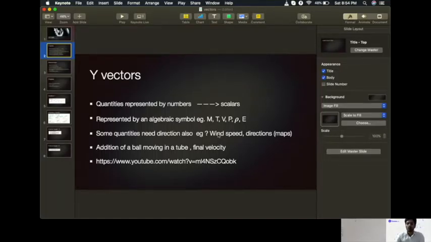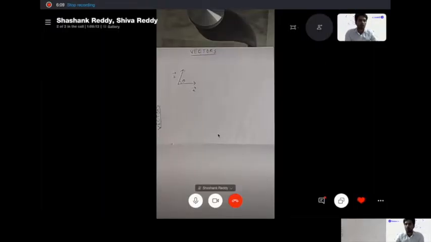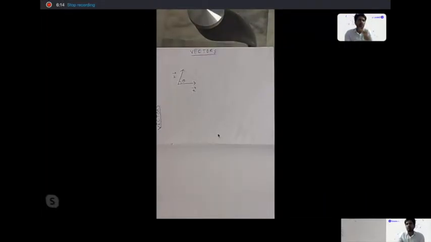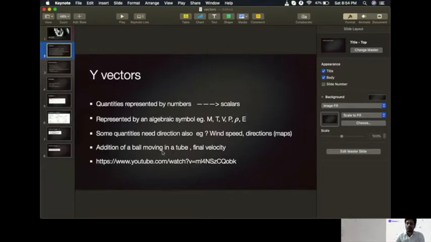Now, we also know, if I have to go in a particular way, the maps, right? You might be seeing the GPS. In GPS, you would note whenever you see the directions, it would show you 100 meters north, 150 meters right, east, etc. It would show you the direction as well. That means the quantity of distance, when it is added with a direction aspect, becomes a vector. Such quantities we call vectors, which means they have both a magnitude and a direction.